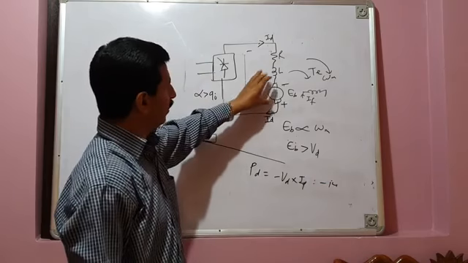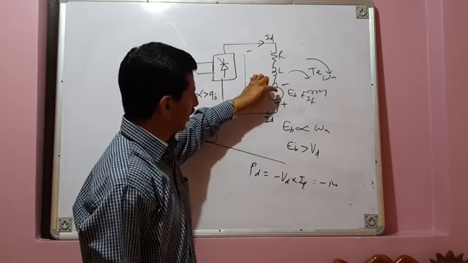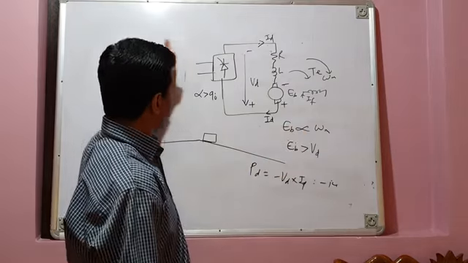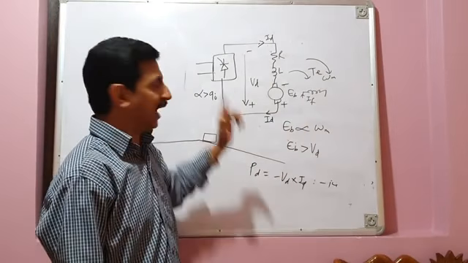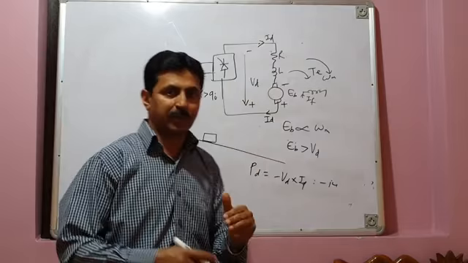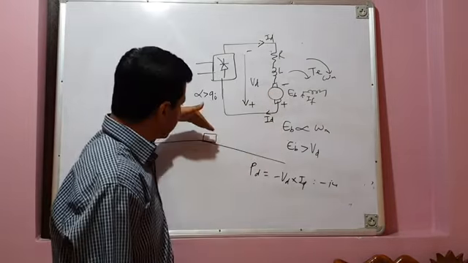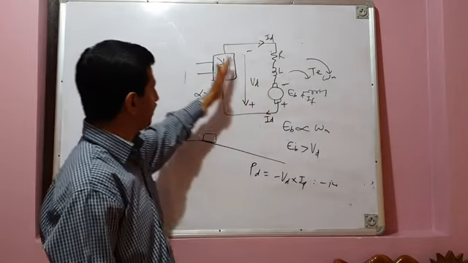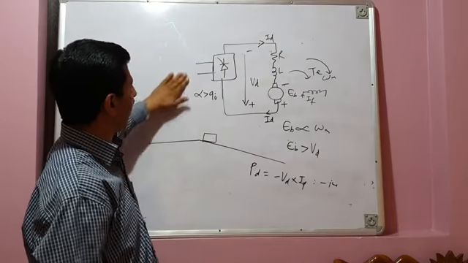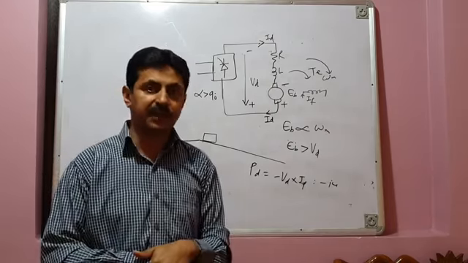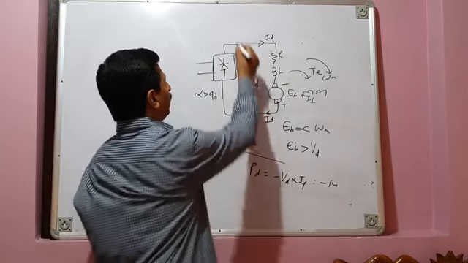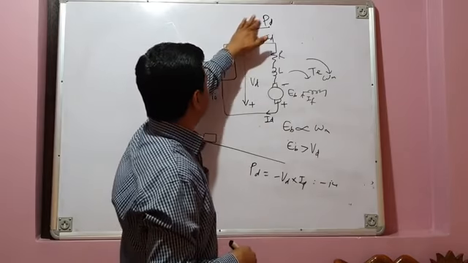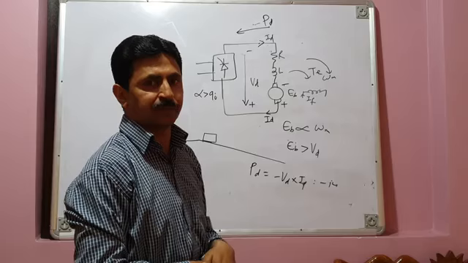Negative power means whatever energy is generated by this motor as a generator is fed back to the source. So when this motor operates as a generator while moving down the gradient, it generates energy and feeds that energy through this converter back to the source. It operates in the inversion mode of operation, and power flows from load to source, not from source to load. Negative power means it is flowing from load to source.